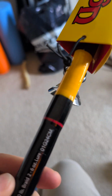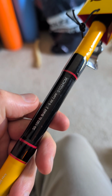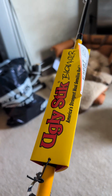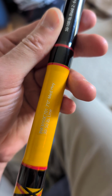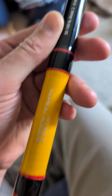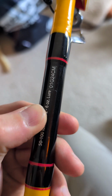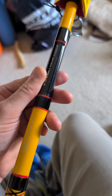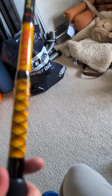Also, with these poles, especially on their website, they don't really give the specs. They don't put the full specs. They only put like 7 foot, medium heavy, 30 to 50 pounds. They don't put 50 to 100 pound braid. They don't put the lure weight rating on there. Other websites do have it, especially a fishing focused website. It'll have that information there. And so that's